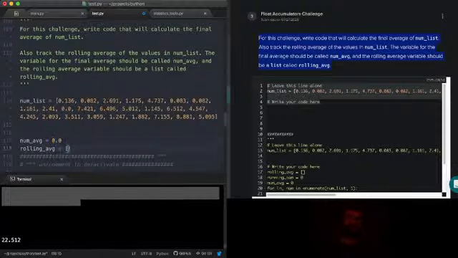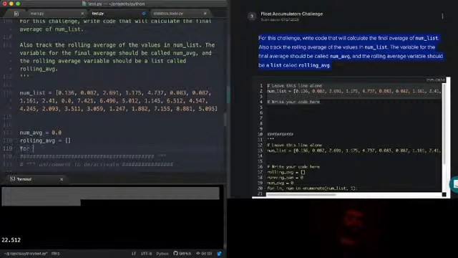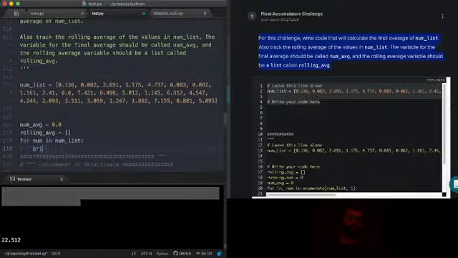Good. And we'll say for num in num list, print num. What are we going to do? We're going to say num average plus equals